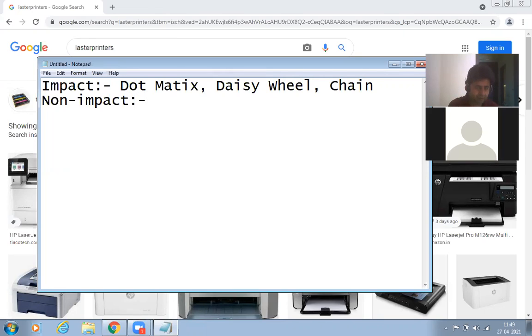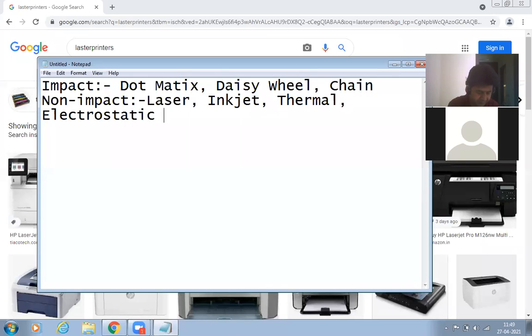But in the case of a non-impact printer, examples are laser printer, then there is inkjet printer, there is thermal printer, there is electrostatic printer.